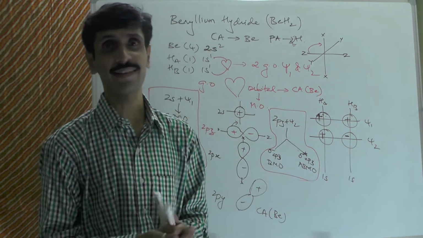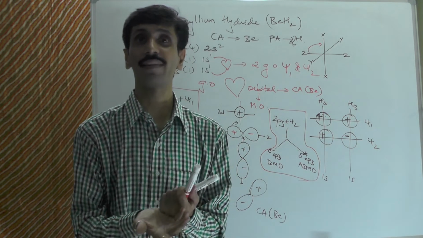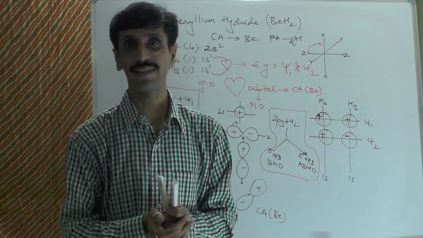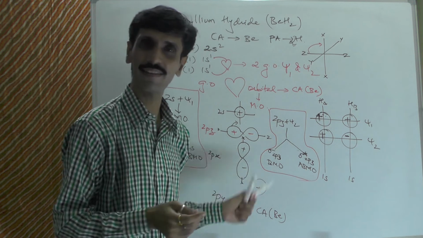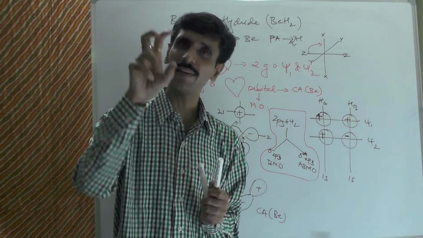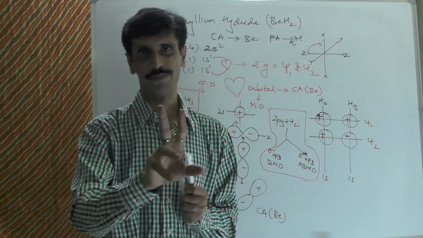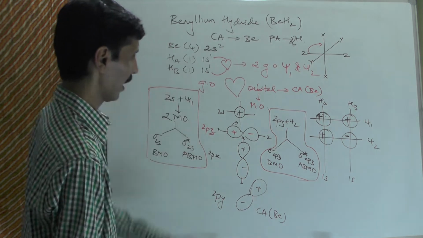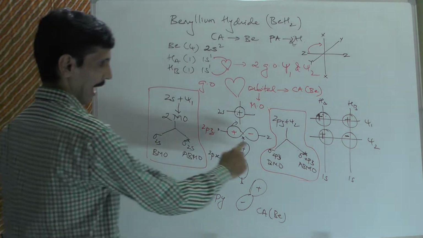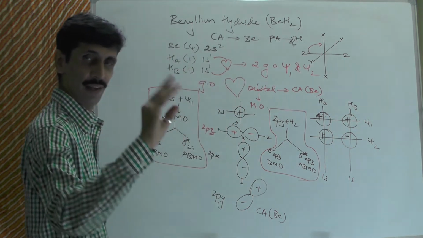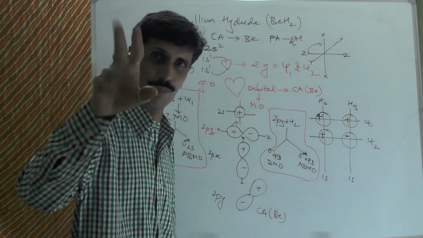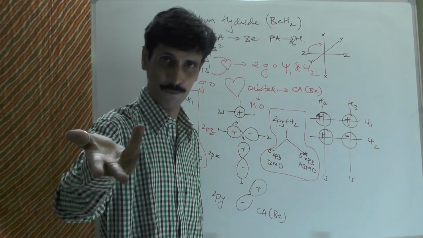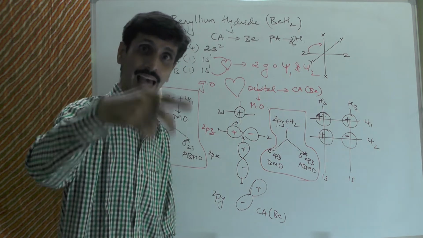So that means there are no matching orbitals on this side. So these orbitals of the central atom don't combine with the group orbitals, and if they don't combine with the group orbitals, they will not result in bonding or anti-bonding molecular orbitals. They are just called non-bonding molecular orbitals. Okay, and these non-bonding molecular orbitals are localized on beryllium. They are not localized on hydrogen, they are localized only on beryllium. Understood this? So in this way, what we have is 1 and 1, 2 BMO. Sigma 2s, sigma 2pz, BMO. Sigma star 2s, sigma star 2pz, ABMO. Okay, so 2 ABMO and